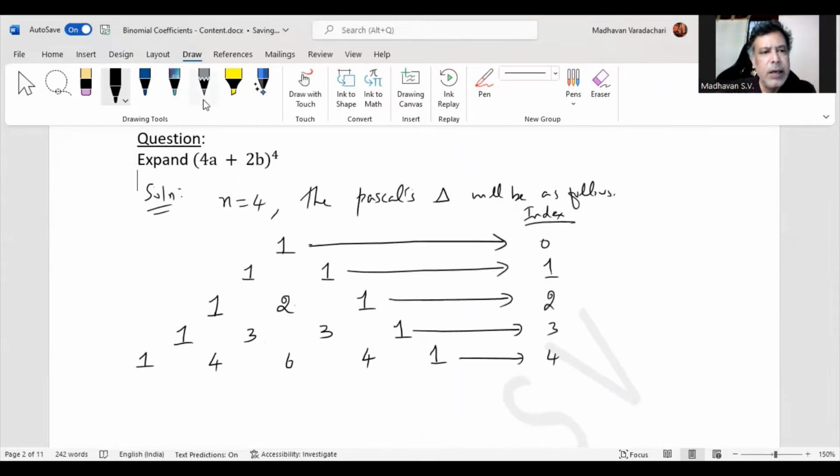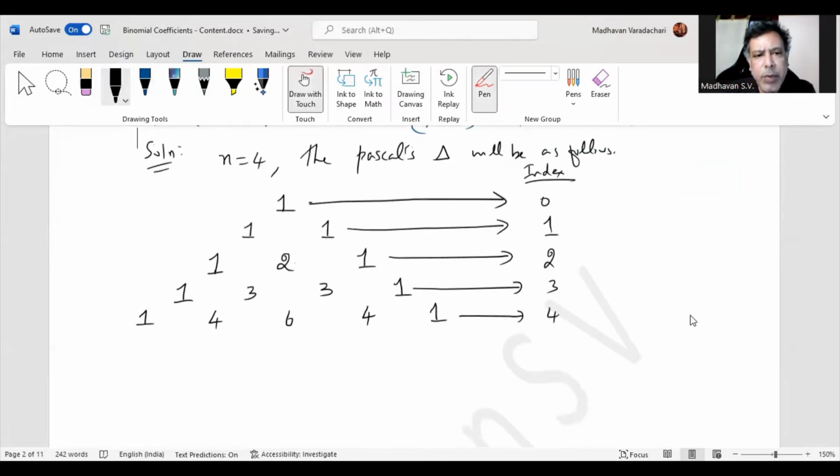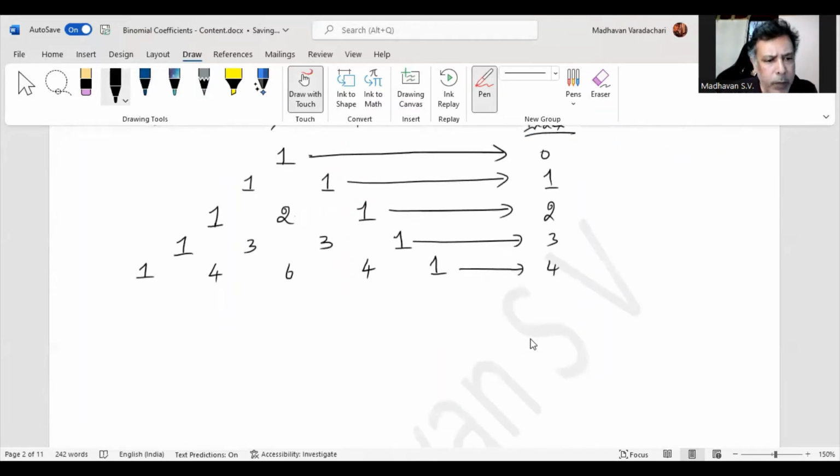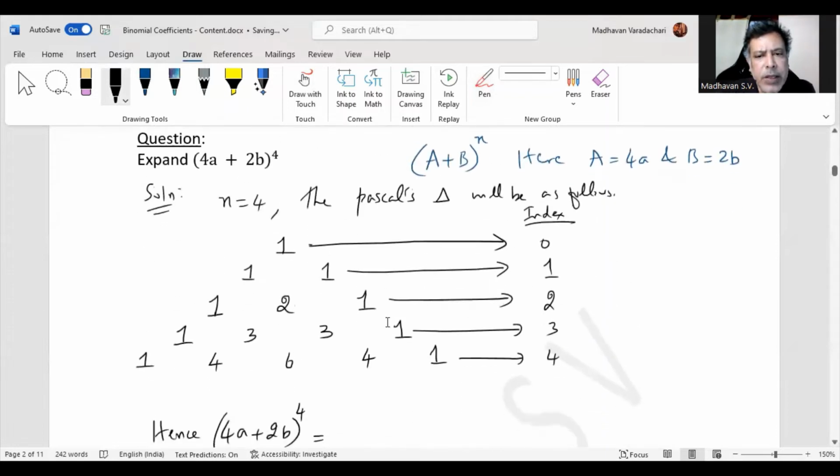Now, here we may notice, if I consider this as (a plus b) to the power of n, here a is nothing but 4a and b is nothing but 2b. Now, based on that, we will proceed. The expansion, that is 4a plus 2b to the power of 4 will be, we may notice